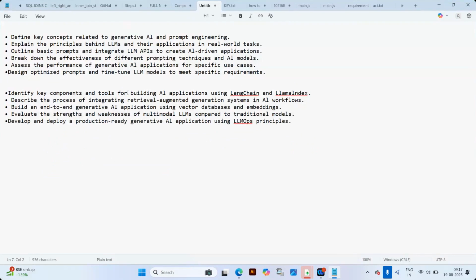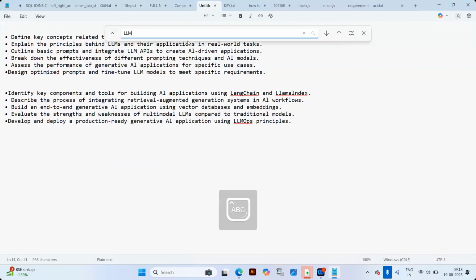If you look, this is a paragraph. I want to find the keyword AI. If you press Control F, I want to search for LLM. You see there are two arrows, one down and one up. The moment you click the down arrow, the find function behind the button is used.